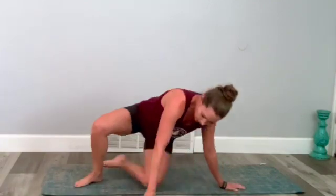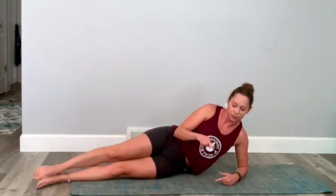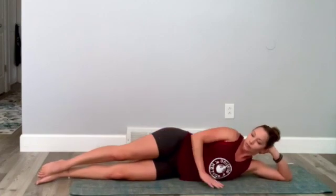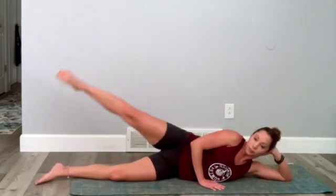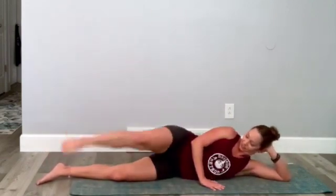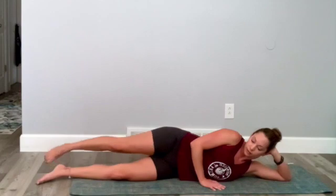All right, so we're gonna lay down on one leg, on one side. We're gonna start with one leg about 2 minutes, 50 seconds, and then we'll switch and do everything on the other side. So I like to lay it down, bicep pressed against the ground, other hand right in front of my torso. We're gonna start with a little hot potato. Double tap, lift, and double tap back, lift. So I want you to reach that leg up as high as it will go. Little stretch at the top, back,